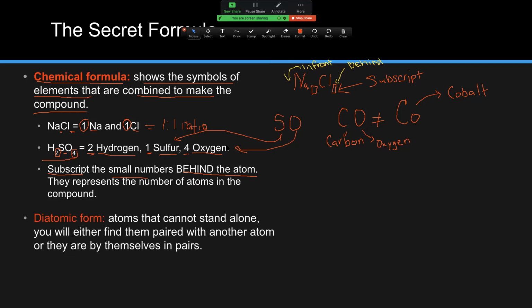And then we have these things called diatomic atoms. All right. So diatomic formulas or diatomic atoms, these are atoms that cannot stand alone. They don't like to be by themselves. So you're either going to find them paired with another atom, or they are by themselves in pairs. Hydrogen's one, you'll never see H by itself. Hydrogen's a diatomic atom. It will either be like HCl, which is hydrochloric acid, that's the acid we used, or it'll be like this. So it's either going to be paired with something else, or if I just say hydrogen gas,